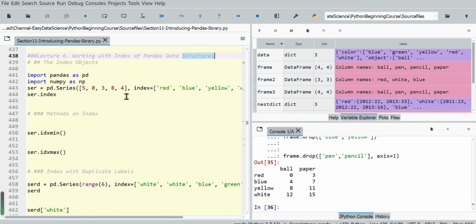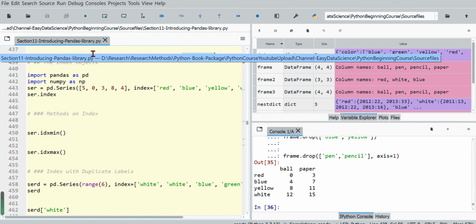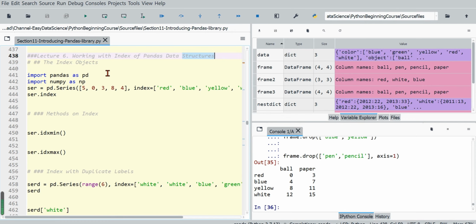We will show these commands in Anaconda Spyder now. And see the file called section 11 introducing pandas library.py, and the links to this file can be found in the description of this video. And we see lecture 6, working with index of pandas data structures. So first import pandas and numpy,